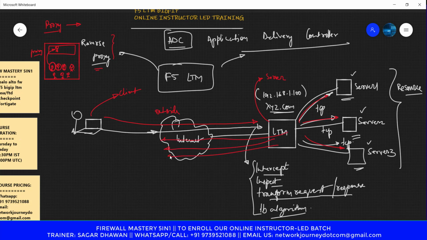Right now it's in a reverse direction, it's not a forwarding direction. Request is coming from the external world, and then LTM is sending it further to the servers, and the response comes back to the LTM, and then LTM will reply back. It's a reverse flow. That's why we also call it a reverse connection.